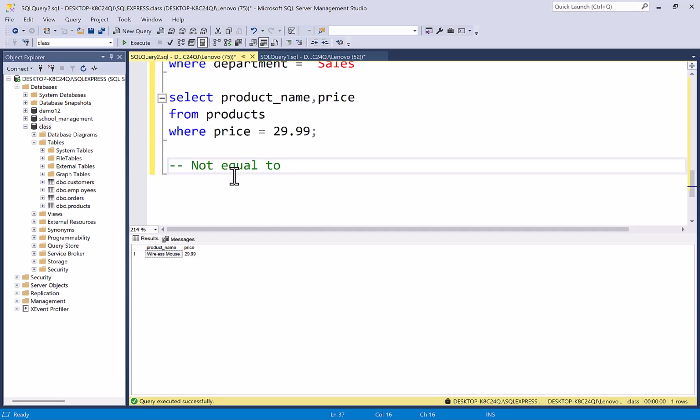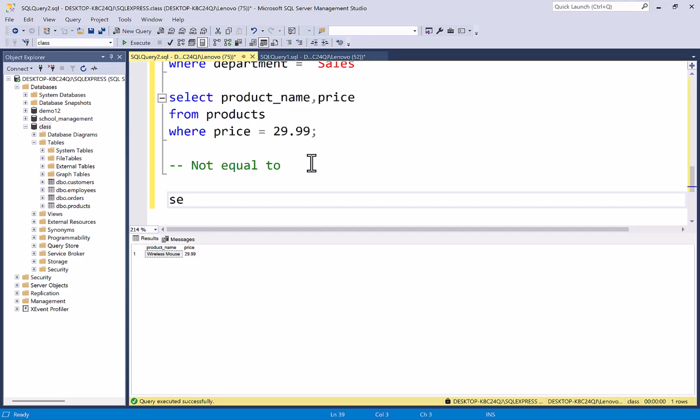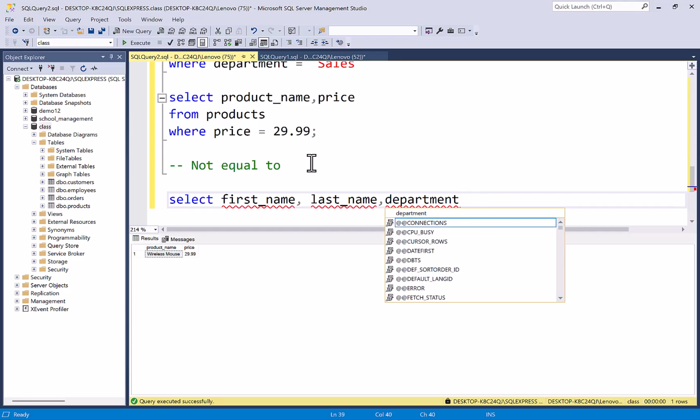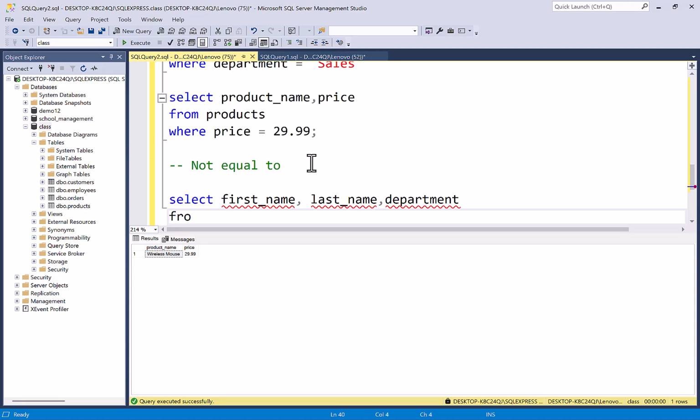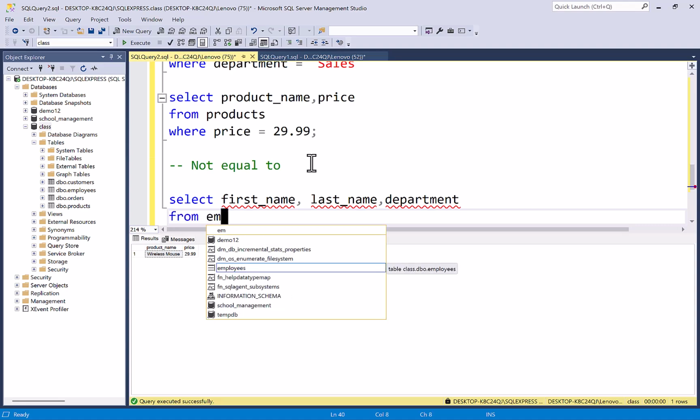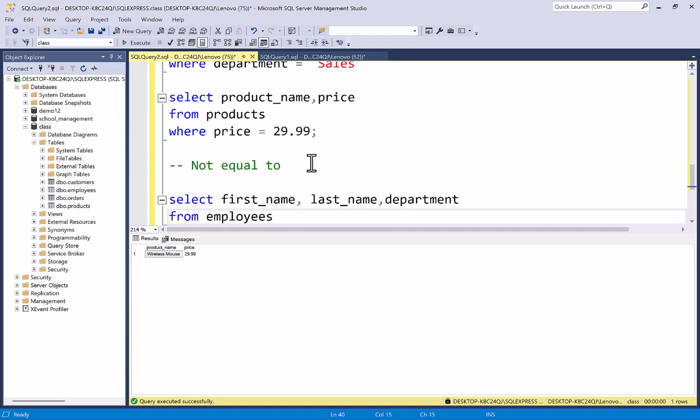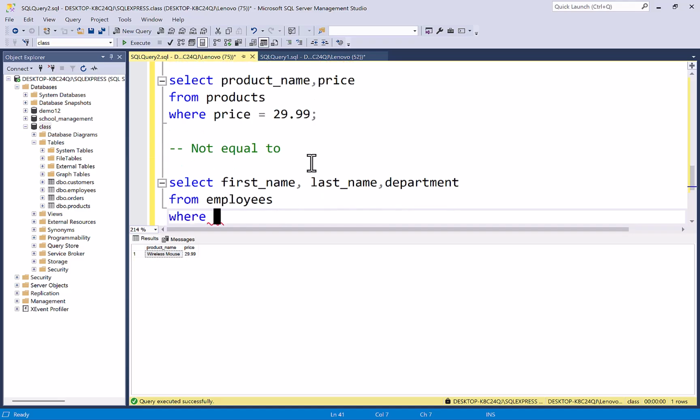Let's say select first_name, last_name, department from employees where department